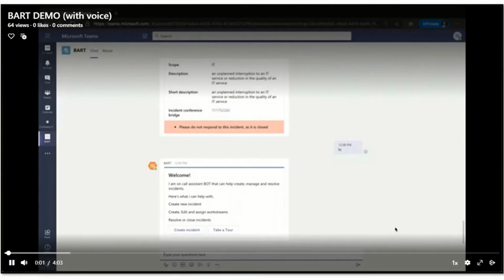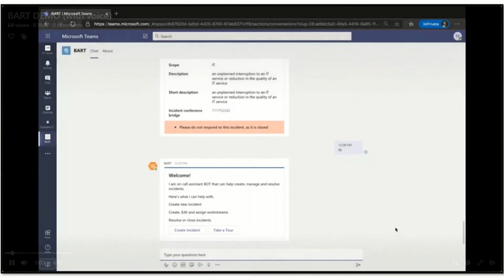Hi everybody, this is an incident management application in Teams. Here you can create, view, update and close incidents. You can also update workstream and activities here. This application has two scopes, personal and team scope, where the incident will be created through a bot and incident managers will have particular channels to view and track the incident.